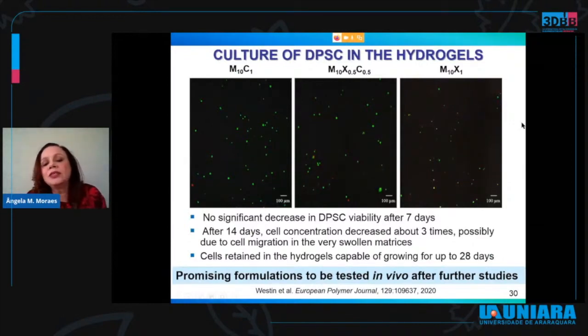We observed no significant decrease in cell viability after 7 days. We noticed that after 14 days, the cell concentration decreased about 3 times inside the gels. However, we noticed that there was cell migration in these swollen matrices. So they were running away from the matrix to the surrounding culture media. They were not dead, in fact. And we noticed that the cells that were retained in the hydrogels were capable of growing for up to 28